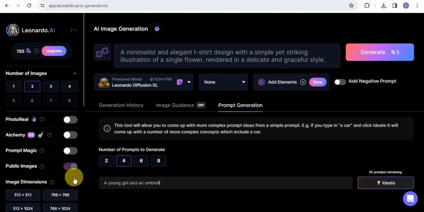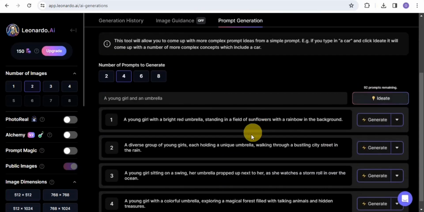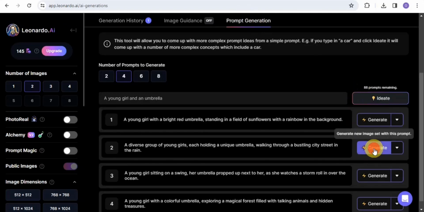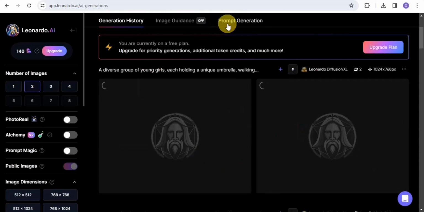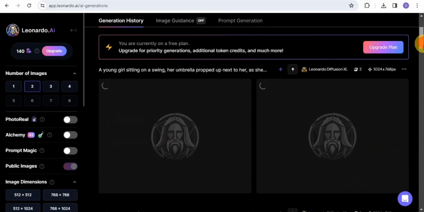right here. So let's simply make use of this and go on to ideate, and this is going to generate 4 different prompts, because I selected 4 as the number of prompts to generate. So go on to generate, and this should generate. You go on to the prompt generation, you tap on the next, and this should be generating this. I'm just going to tap on this, and let's make use of this